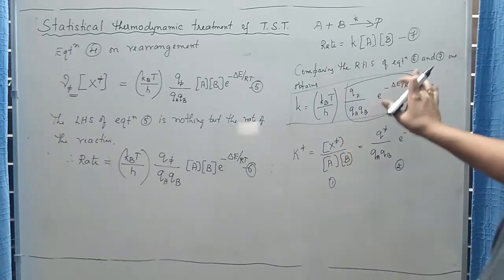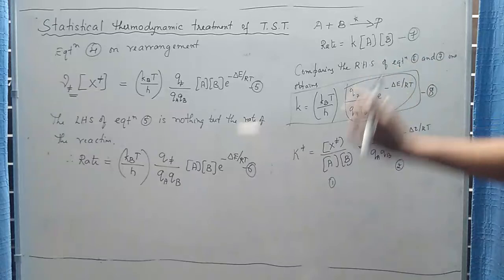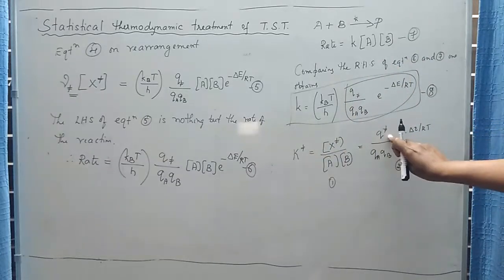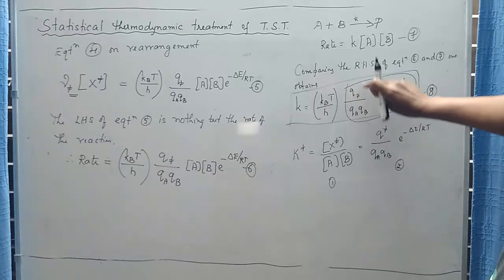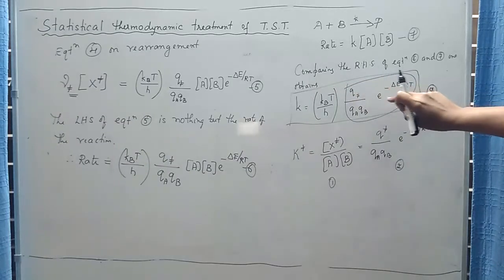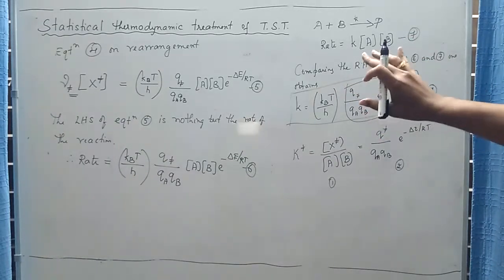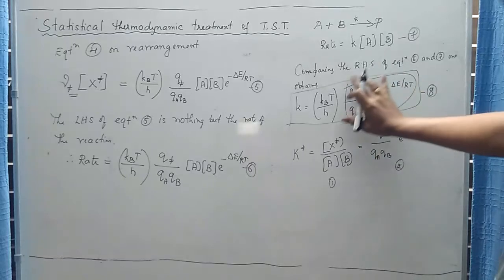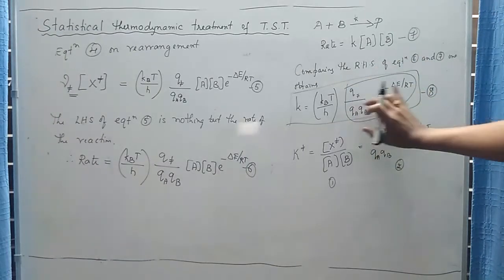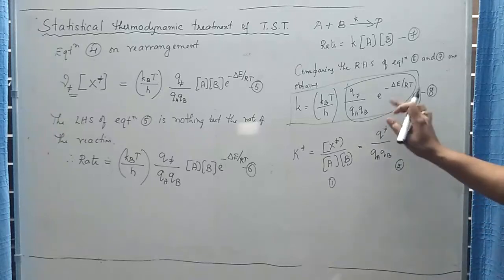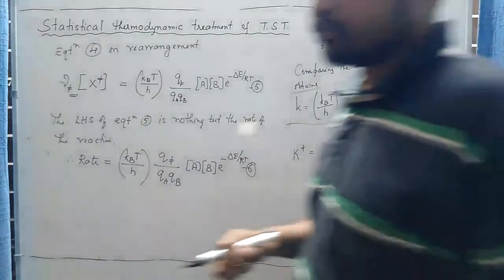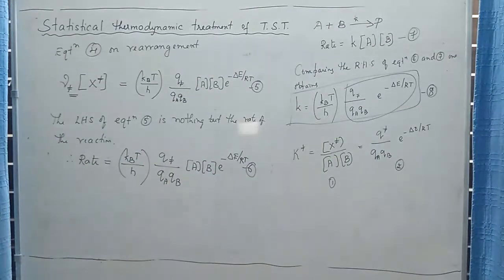Strictly speaking, this is not equal to the equilibrium constant because the equilibrium constant involves the total partition function, whereas in this term this is not the total partition function of the activated complex, but still as a rough estimate we assume that this is roughly equal to the equilibrium constant according to equation 2. So this equation 8 can be roughly rewritten as